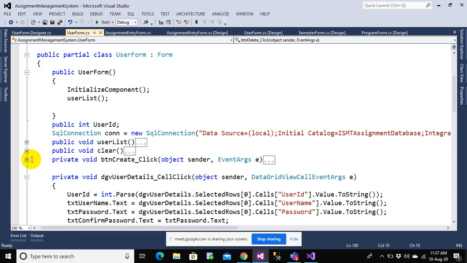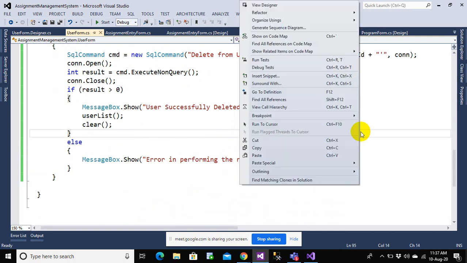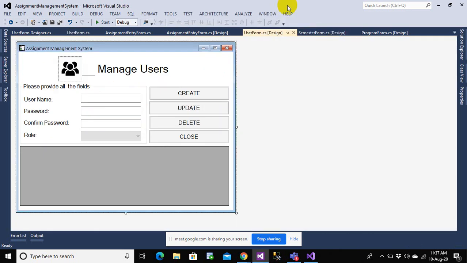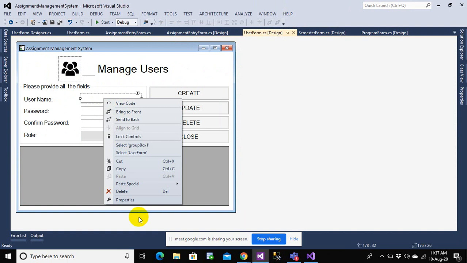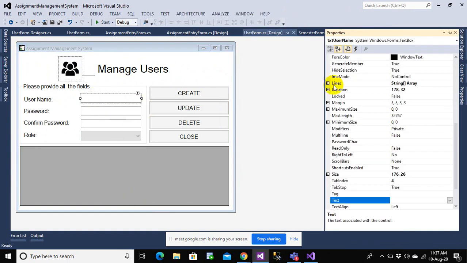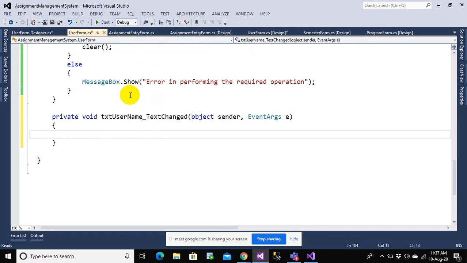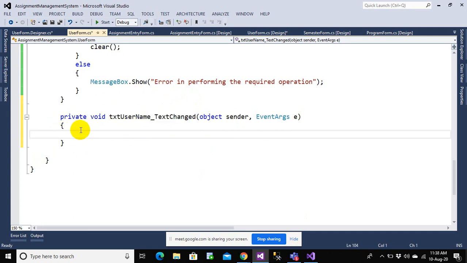Or let's say instead of using a function, let me just write the code here. So let me go to the designer and click here, go to the event. Also, without going to the event, you can simply double click on this text box, and you will see that the TextChanged event is triggered. That means, if the text is changed, I want to retrieve all the users matching whatever is specified in this text box. Let me try this out and I'll let you know.